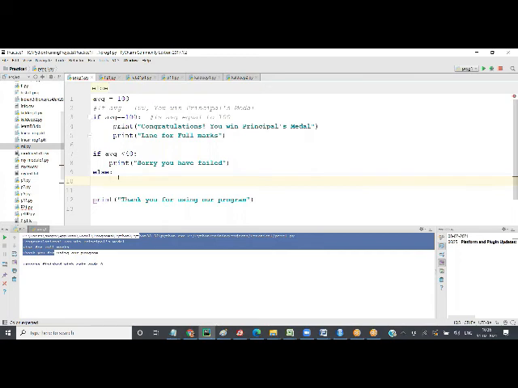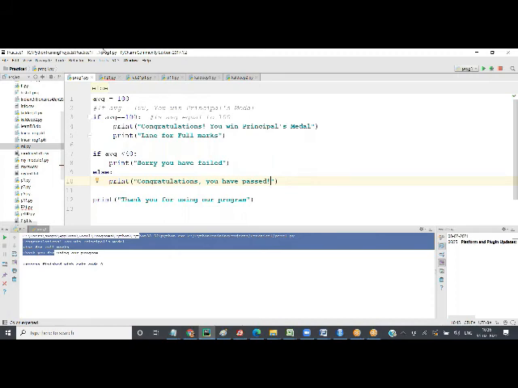Else means if the if is not true, then print this. So I'll say print congratulations, you have passed. Sorry, you have failed, and else.